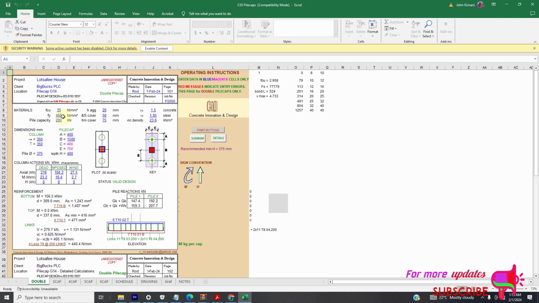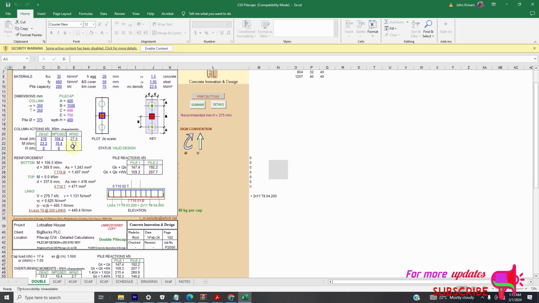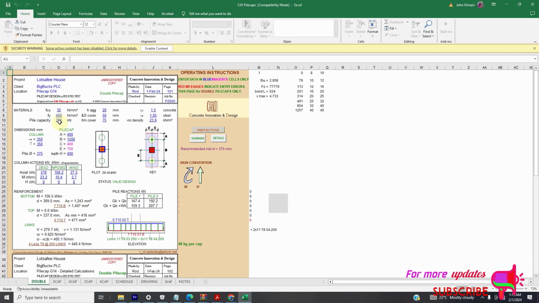So as you can see the way this looks like, you can change your concrete grade here. So maybe I can use 25. You can change your pile capacity here, your cover, or inside the bottom cover you can just use 50. See, you can see the design is still valid,